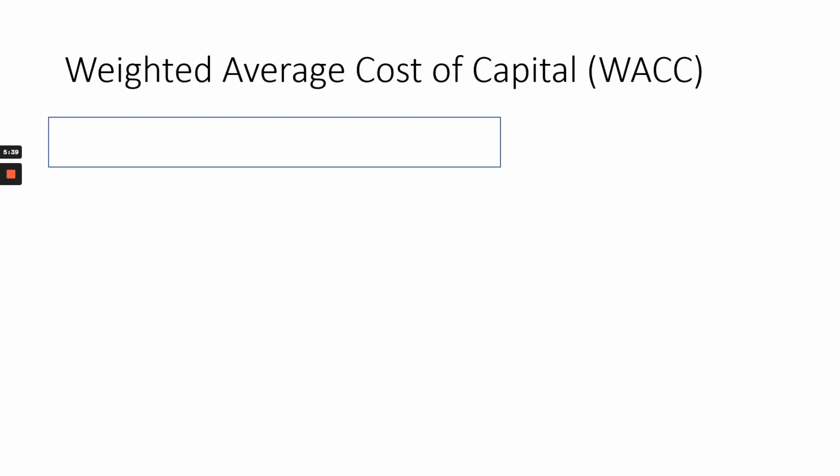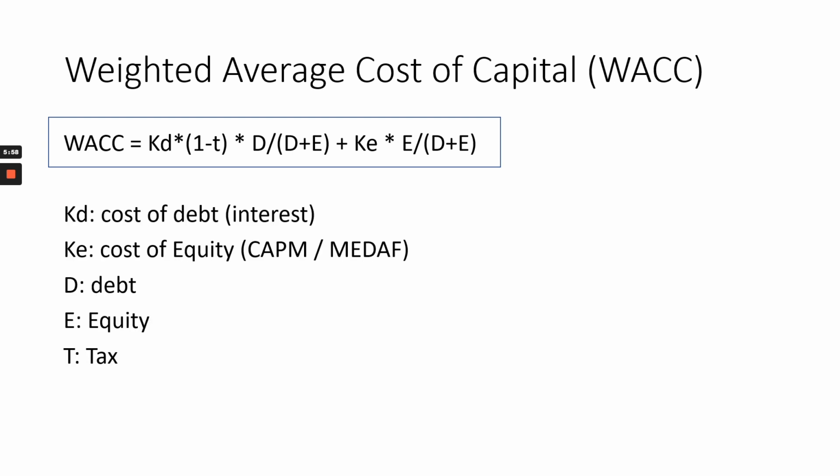Now, the next step, once we have our free cash flow, is to define our weighted average cost of capital. In fact, the WACC is the appropriate discount rate that we apply to future cash flows to get our present value. So basically, what is the WACC? It's a weighted average of cost of debt and cost of equity. If you look in here, the cost of debt, which is here,